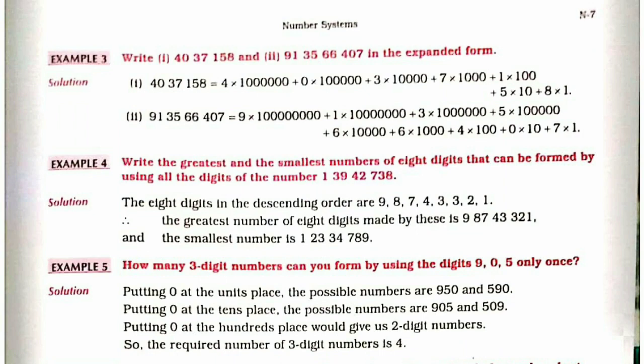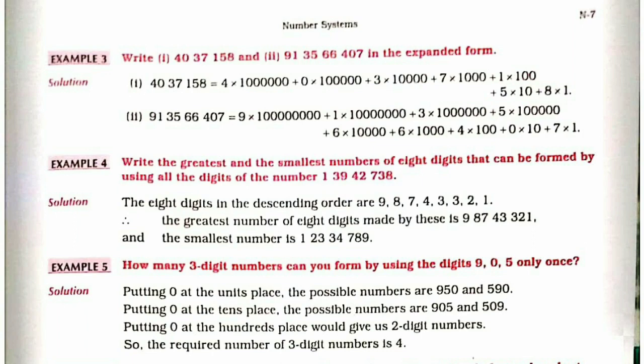So in my first video I explained how to compare the numbers. So by using that pattern, first we find out how to make a greatest number. Okay, so some digits are given. So first we write all these digits in descending order. Whenever we are going to create the greatest number, then we arrange the digits in descending order. If we are going to write the smallest number, then we arrange the digits in ascending order. Okay, so this thing you keep in your mind.